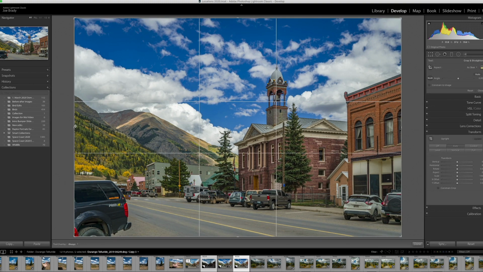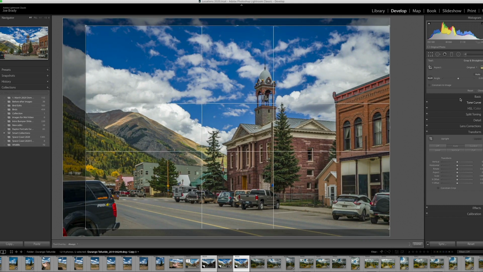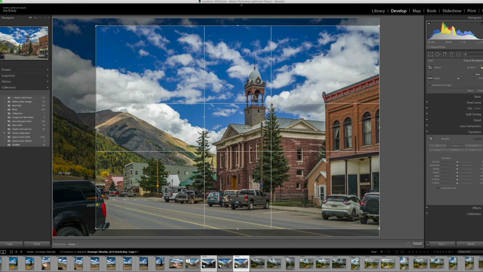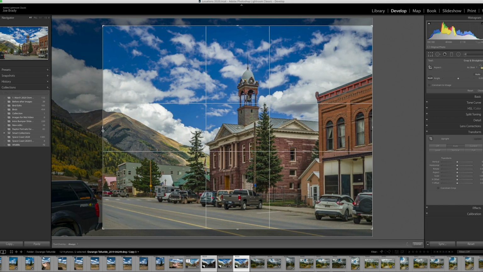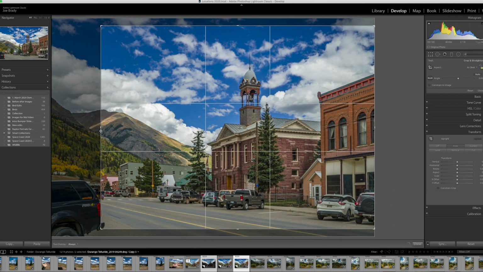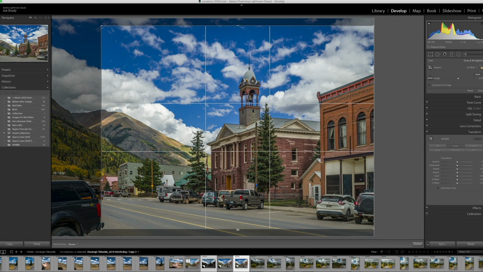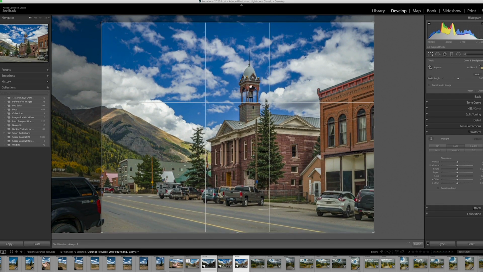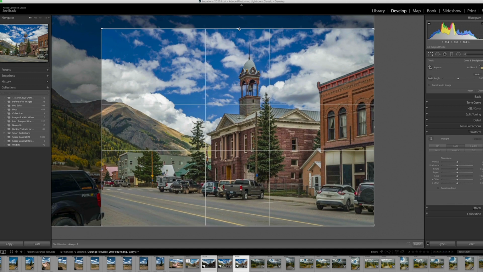So I'm going to click on the crop tool. First thing I'm going to do is turn off the lock tool there so I can do it in one direction. I'm going to go just to the edge. Oh, I'm going to keep the edge of that bumper because I want to show you another tool while we're here. Edge of the bumper, and I'm going to bring this down,